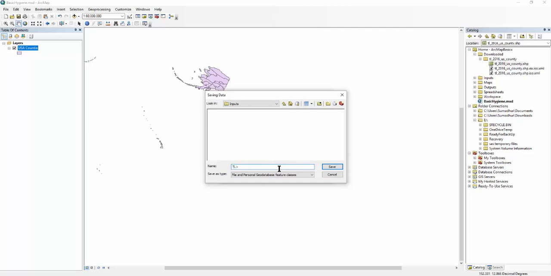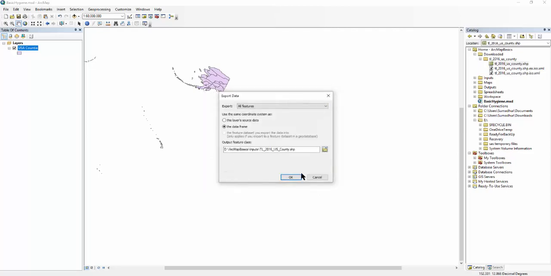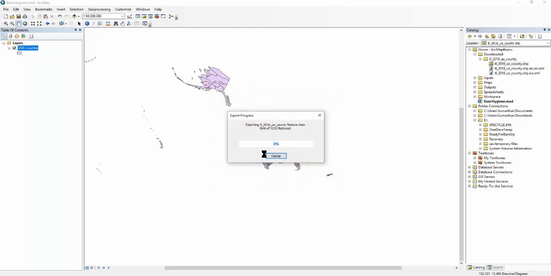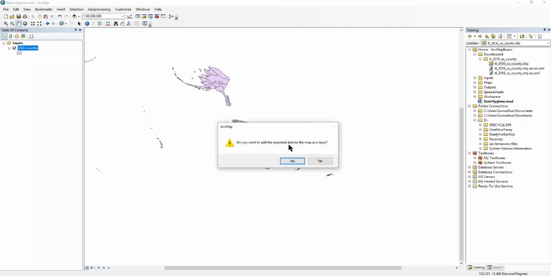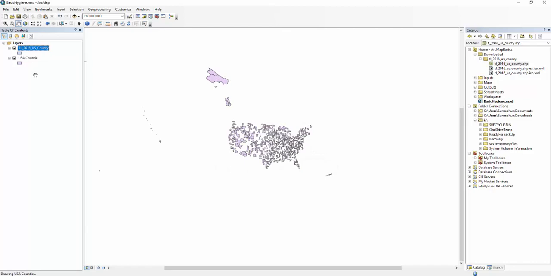TL_2016_US_county. Now you can name it anything that you want, as long as you can make sense out of it later on, as shapefile. Hit save, hit OK. So once it is done, then yes, I want it to be added to the table of contents. Now I can uncheck this one